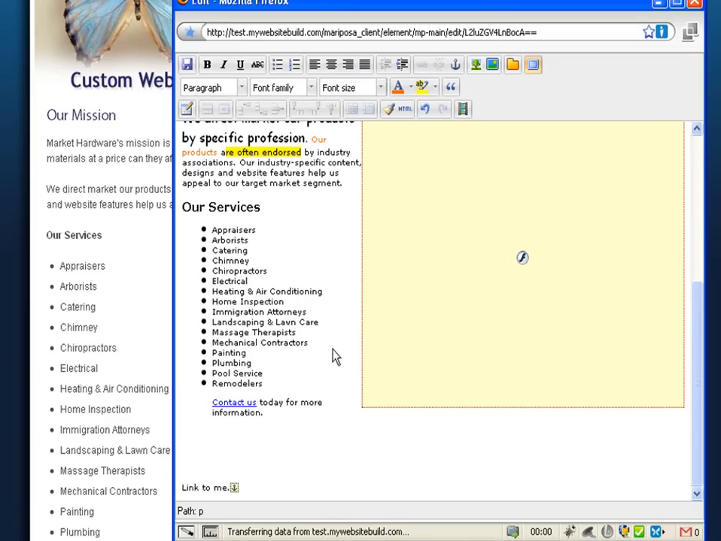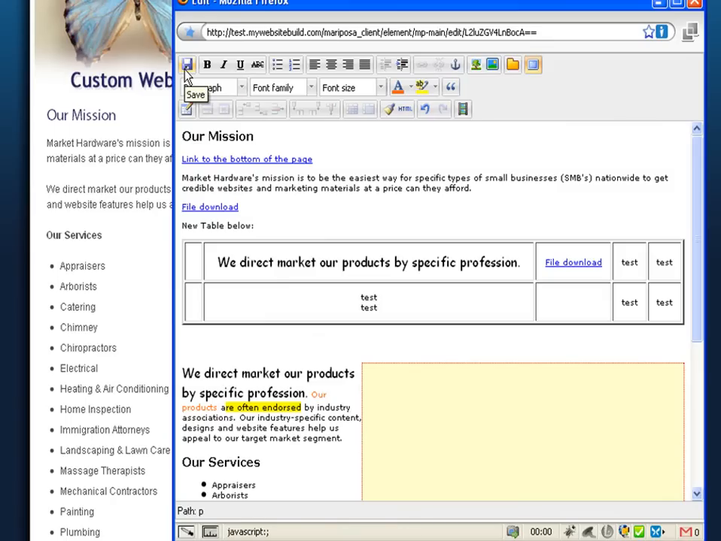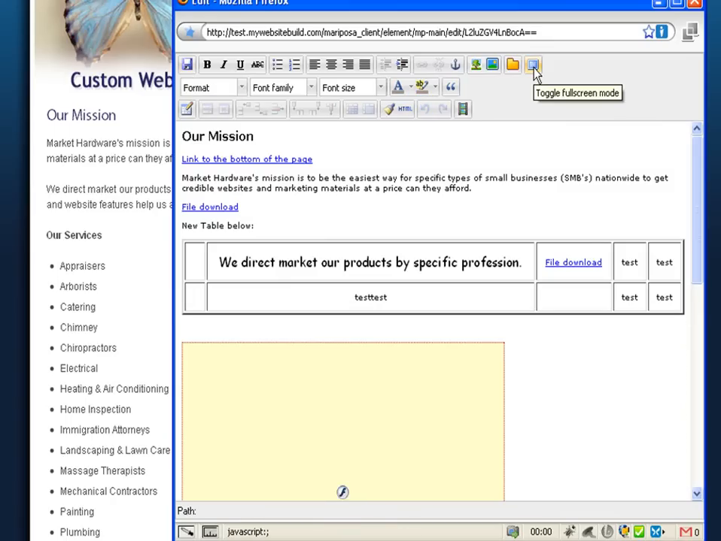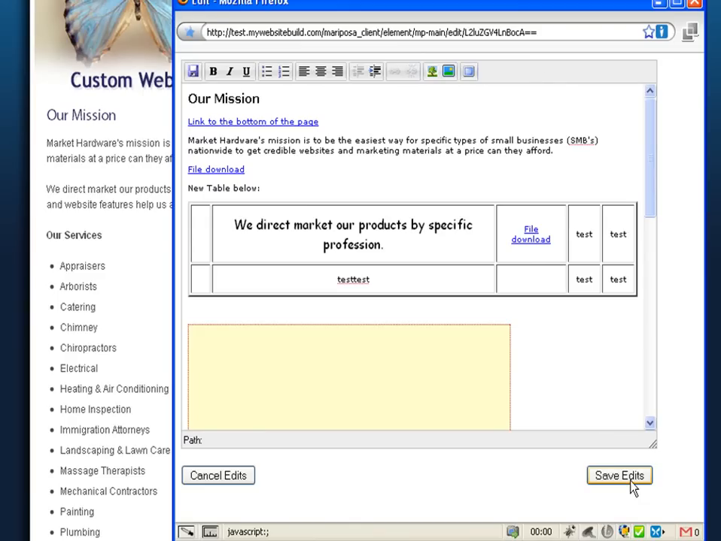When you're finished making changes to your website, you can click Save at the top left, or you can toggle back to the basic view and then click Save Edits at the bottom right. If there are changes that you're not happy with, you can just click Cancel Edits and exit this page. You can also click the red X at the top right of the screen. I'm going to go ahead and save these changes,